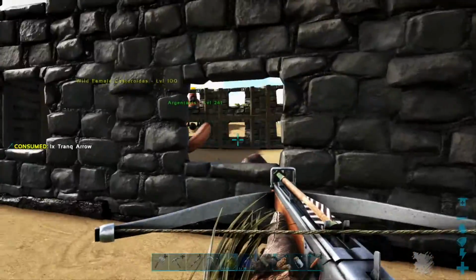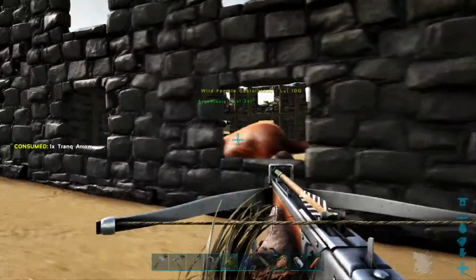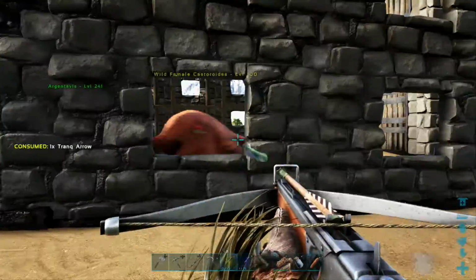Now, these guys are fairly easy to knock out. The problem is that their torpor is going to drop extremely quickly. And also, we're doing a decent amount of damage with this Mastercraft, so...